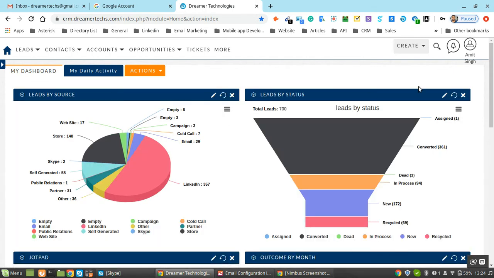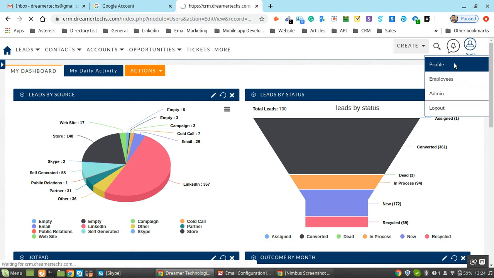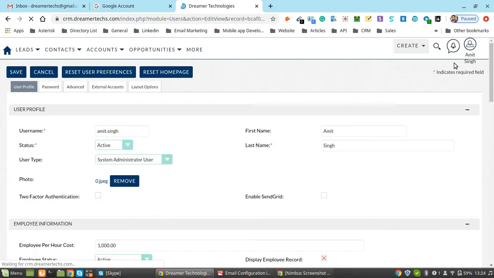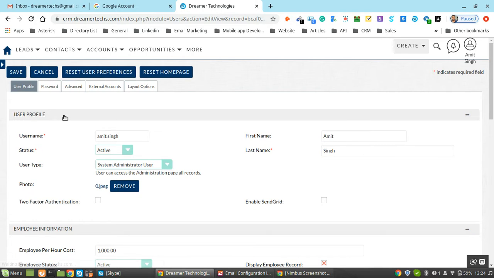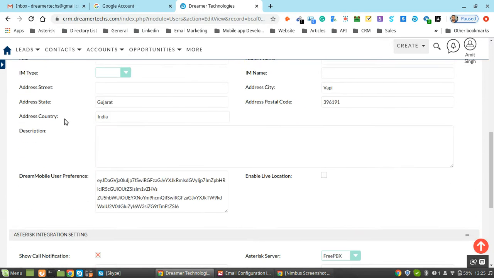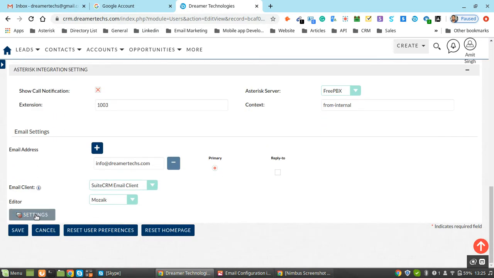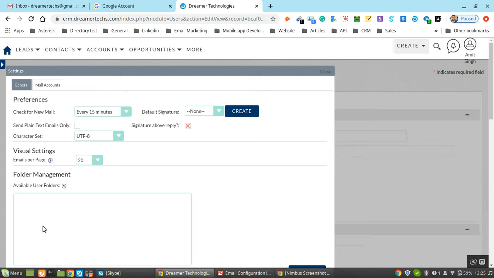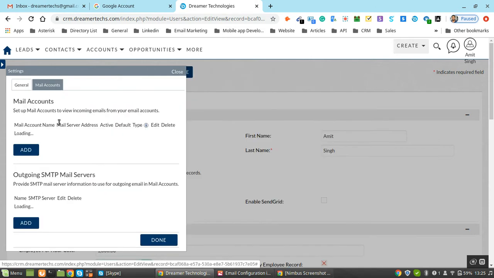After login, go to your profile, click here, scroll down, go to settings. Now click on mail accounts.